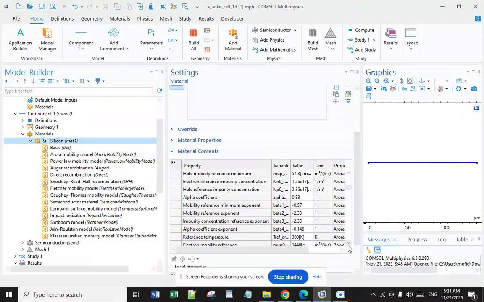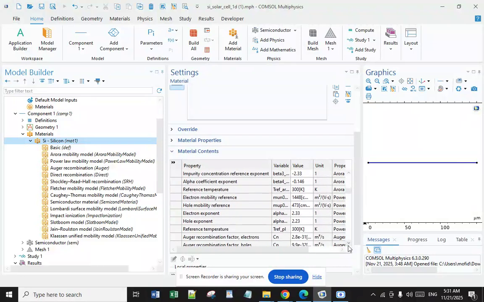Hole reference impurity concentration, alpha coefficient, mobility reference minimum exponents, mobility reference exponent, impurity concentration reference exponent, alpha coefficient exponent,